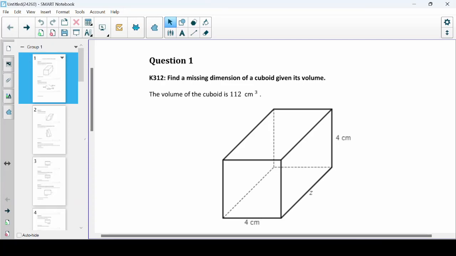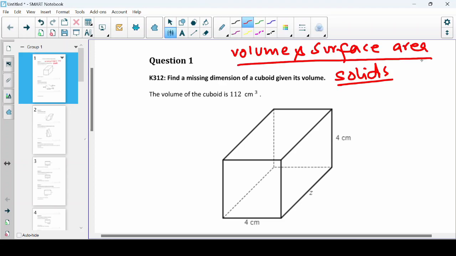Hello everyone and welcome back to this video. In this video we are going to study the volume and surface area of solids, which are basically 3D shapes. So here is one of the questions in front of us, and the volume of a cuboid is this one,